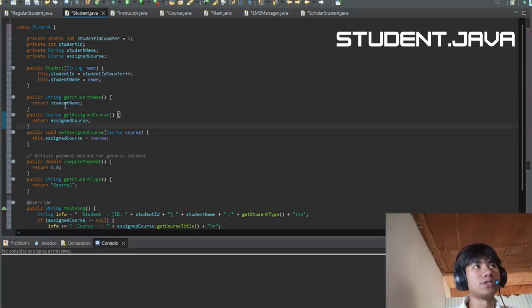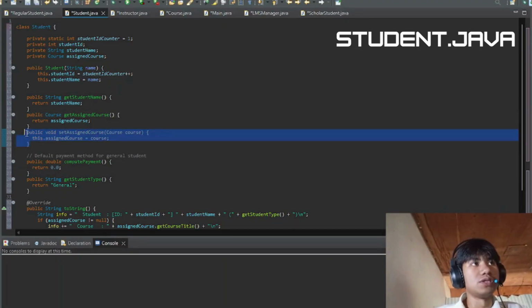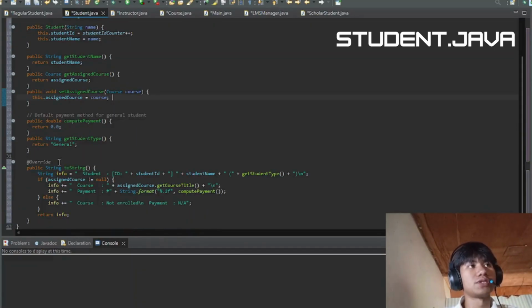The first will return the student name, and the second will return the course the student enrolled in. The third is setAssignedCourse, which accepts a parameter course and assigns it to the field assignedCourse.